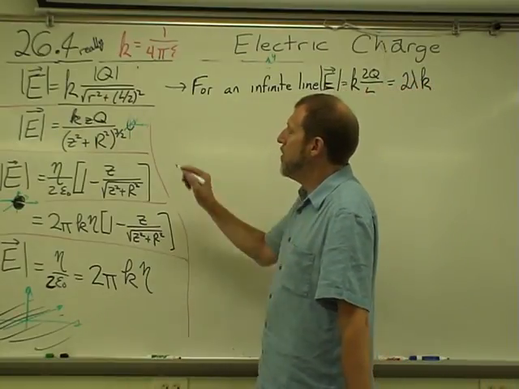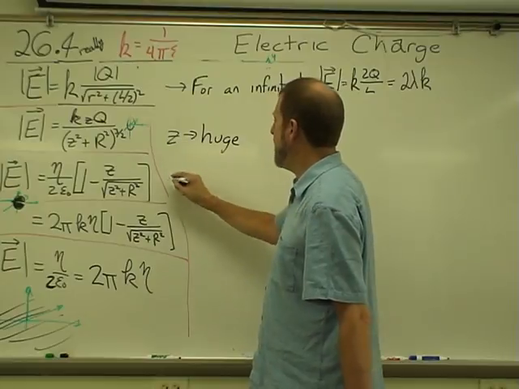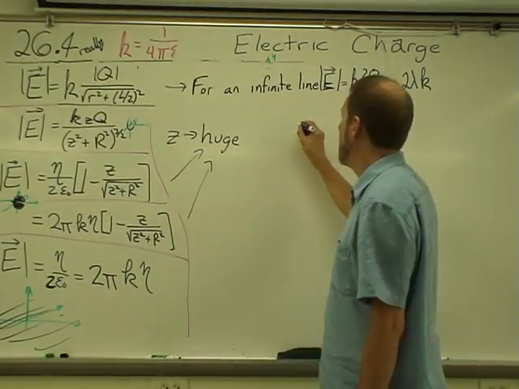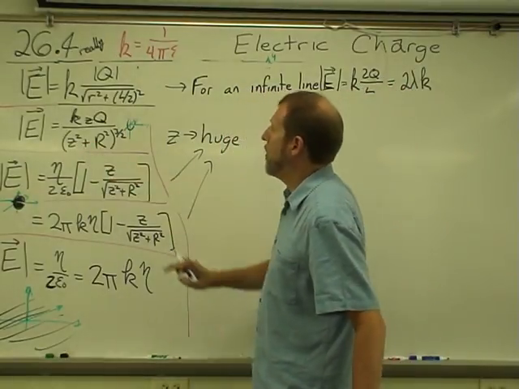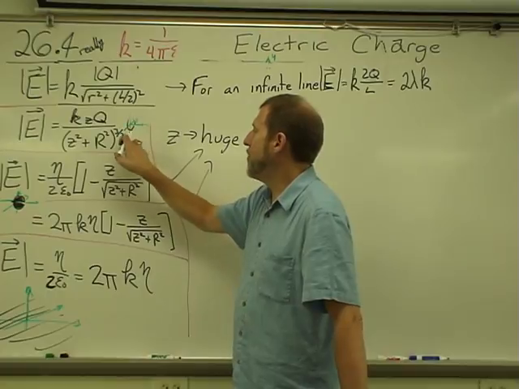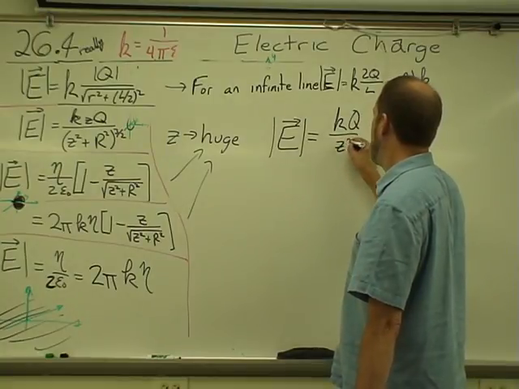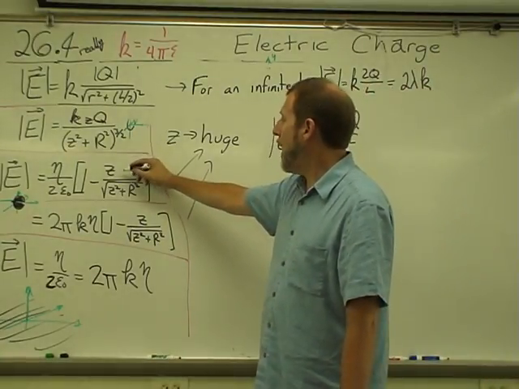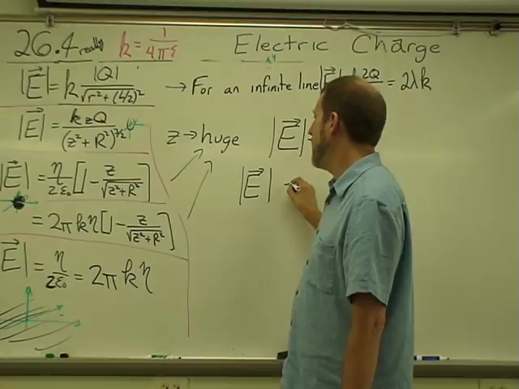Now, for these cases, as Z gets huge for each one of these cases, the electric field goes to, well, Z squared plus R squared becomes basically Z squared, if Z is huge enough. So this is Z squared to the 3/2, or Z cubed. Z over Z cubed is 1 over Z squared, which is cool, because that's the electric field of a point charge. And the same thing will happen here. In each of these cases, we'll get an electric field equal to,